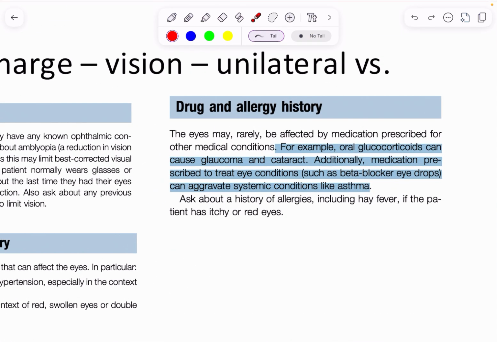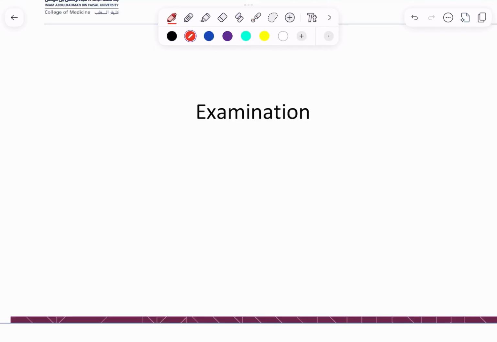Drugs: you can also ask about corticosteroids, because they can be one of the causative agents of glaucoma and cataracts. Also, other medications that a patient is taking could cause a problem with the eyes. The medication they're taking to treat an ocular cause can aggravate systemic conditions. So you want to keep that in mind, for example, if they're taking some type of eye drops that have beta blockers. This can affect as